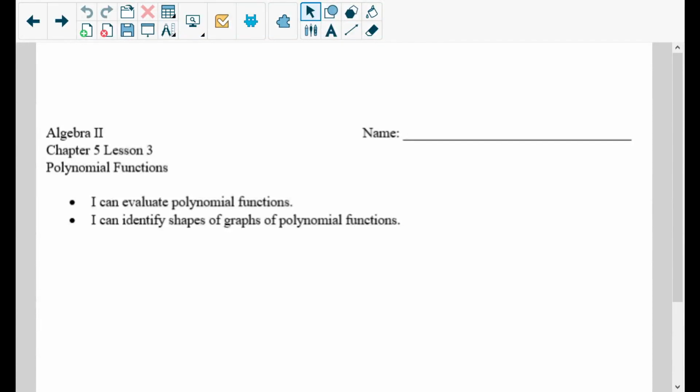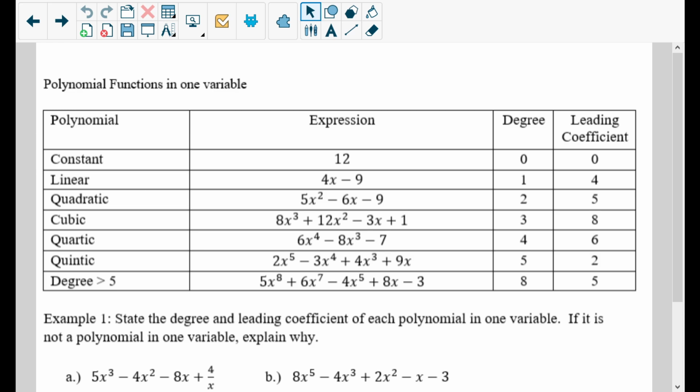Chapter 5, Lesson 3. Today we're going to take a look at evaluating polynomial functions and identifying shapes of graphs of the polynomial functions. So you can see the chart here. Well, if we just have a constant, you can see an example of the expression here, 12. The degree is 0, leading coefficient is 0, remember. So the degree is the exponent on the variable, and the leading coefficient is the number in front of the